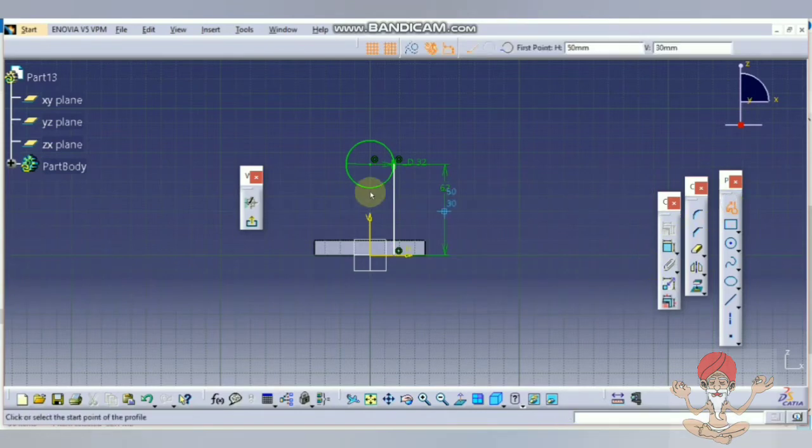First we draw the profile. So this line we draw. Our profile is completed. So trim the unwanted object and exit the workbench.